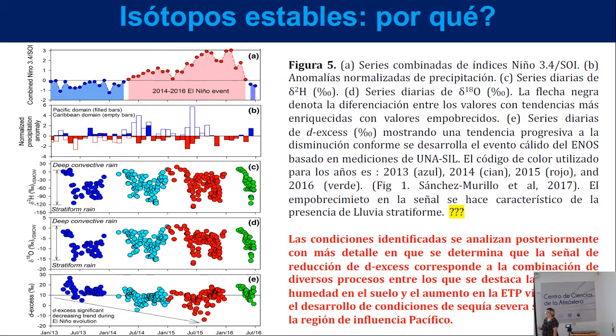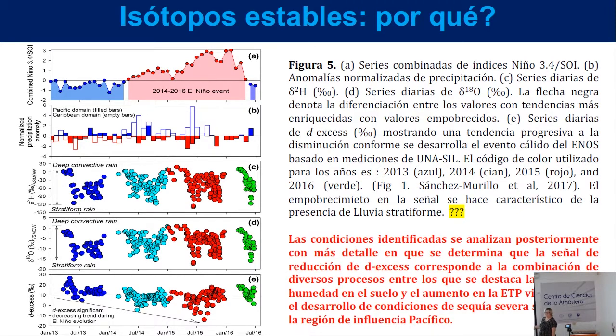So what is the mechanism that we are identifying through that signal? So here we have the peak of the event. And we are interested in that the excess of deuterium is falling. In the paleoclimatic registry, it's a pity not to have hydrogen information, because when we see the signal of oxygen 18, we do not see a variation related to the development of the event. It doesn't happen either with hydrogen 2, but when we identify the excess of deuterium, we can see the change according to the conditions